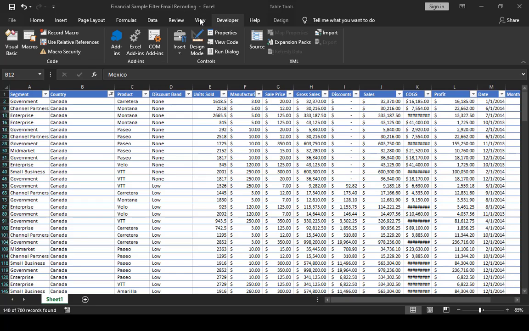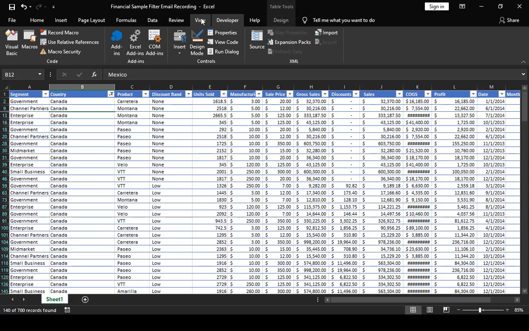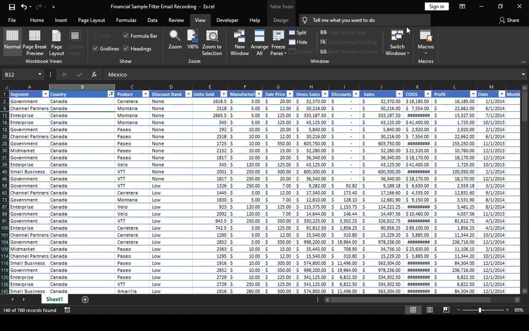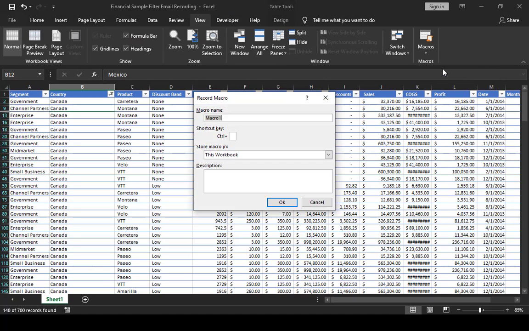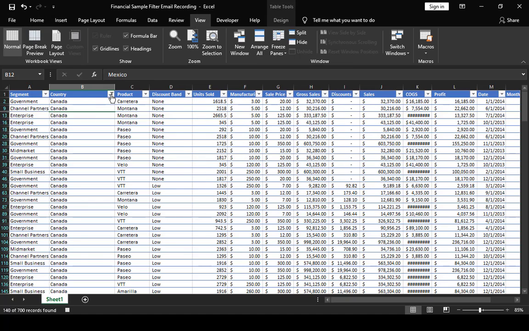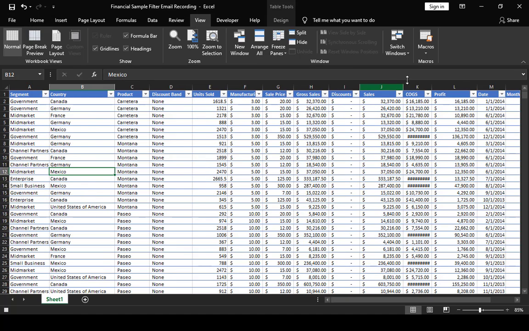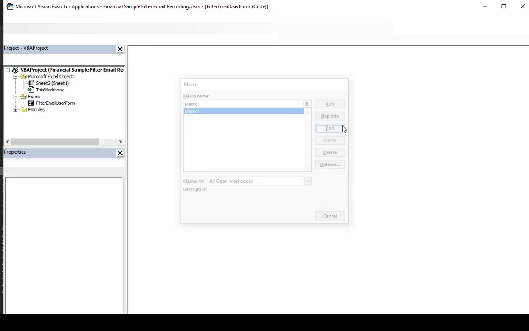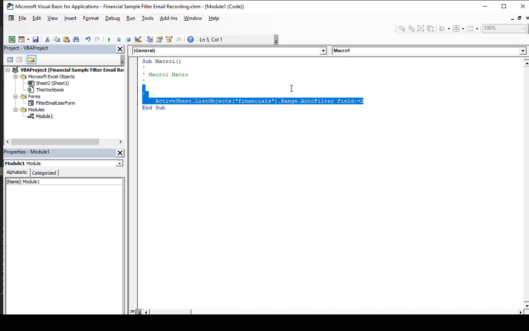So for this we can use the record macro functionality in Excel. We'll go over here to View, click Record Macro, and we'll clear the filter, stop recording, View, Edit, and then we'll take a look at the code. So here we have ActiveSheet.ListObjects,